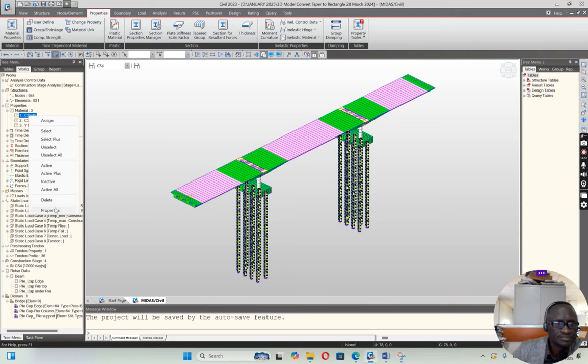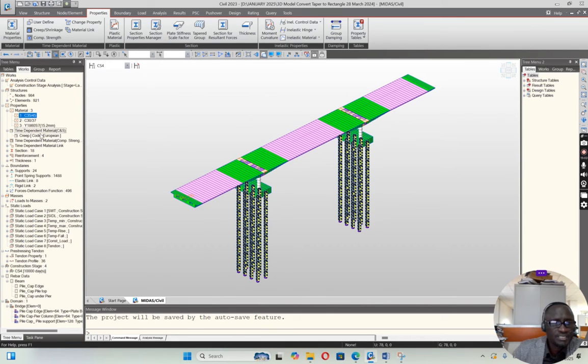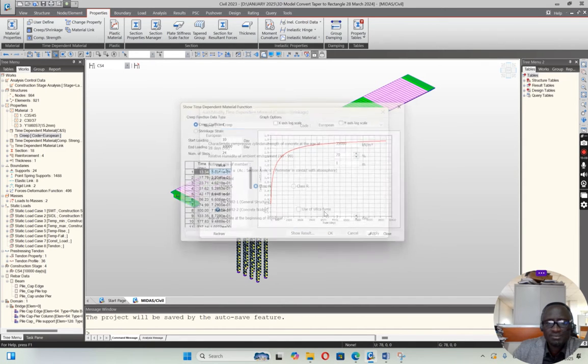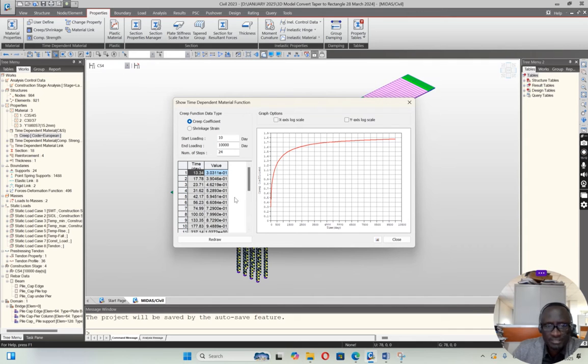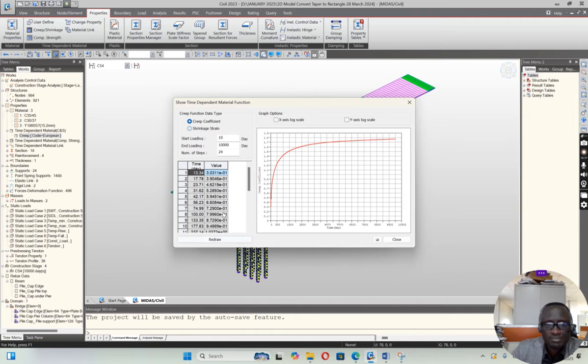After you have defined your materials, you come to this time for precast system and post tensioning. Don't forget the issue of time dependent materials I showed you last time. This is for creep and shrinkage. You see creep value, and when you go to shrinkage, it gives more negative, while creep gives you more positive. One is progressive with time in service, that is creep, while shrinkage normally happens when concrete is gaining plasticity